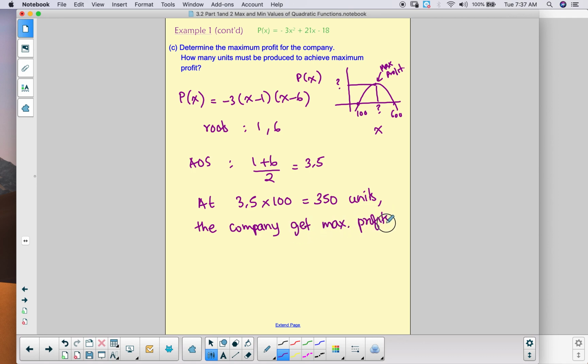Okay, so that means in our graph here, this value here is 3.5 or 350 units, because it's in hundreds of units. So at 350 units, you get maximum profit. And what is the value of P of x at that? So at x equals 3.5, what is our P of x? P of 3.5 equals negative 3 times 3.5 minus 1 times 3.5 minus 6, and that works out to